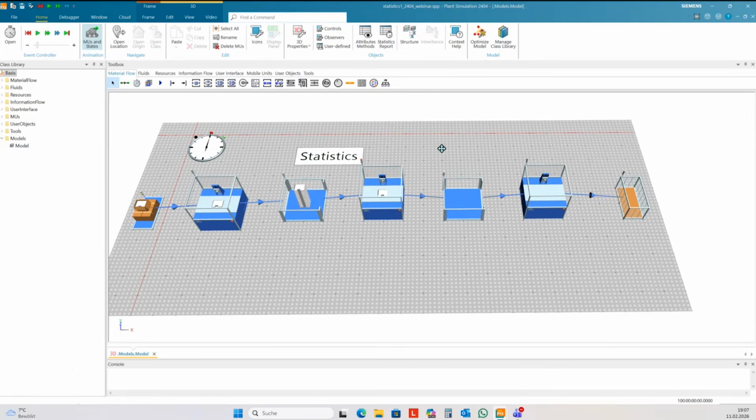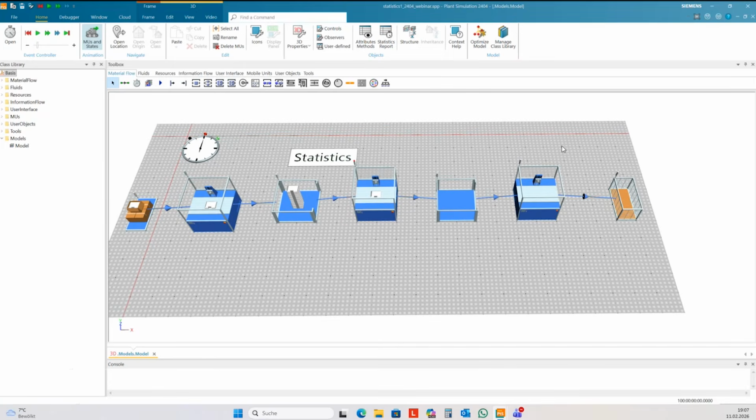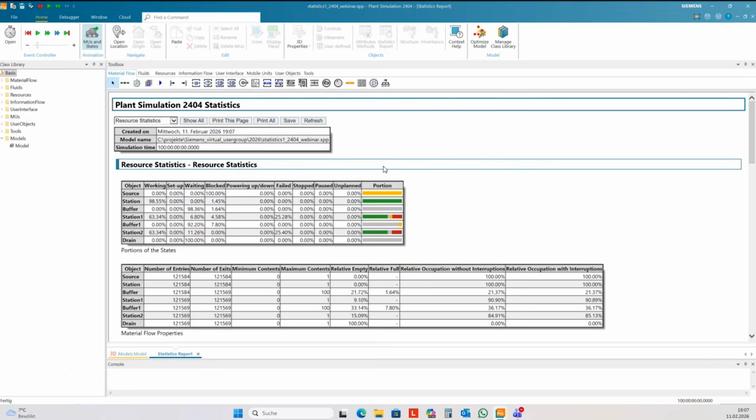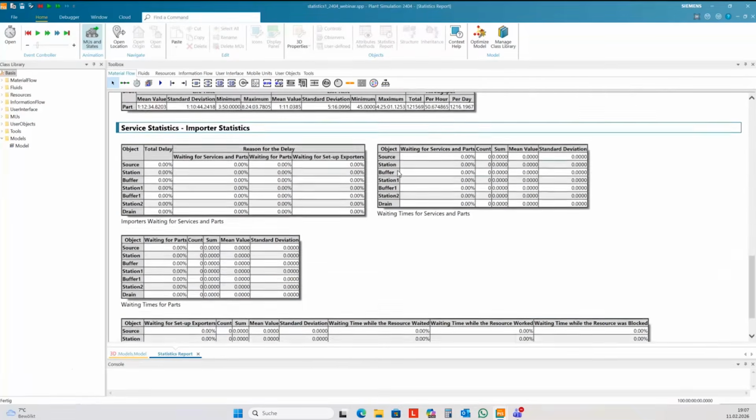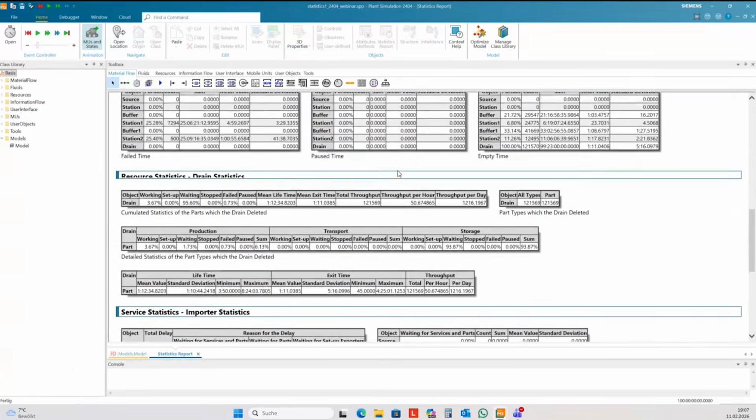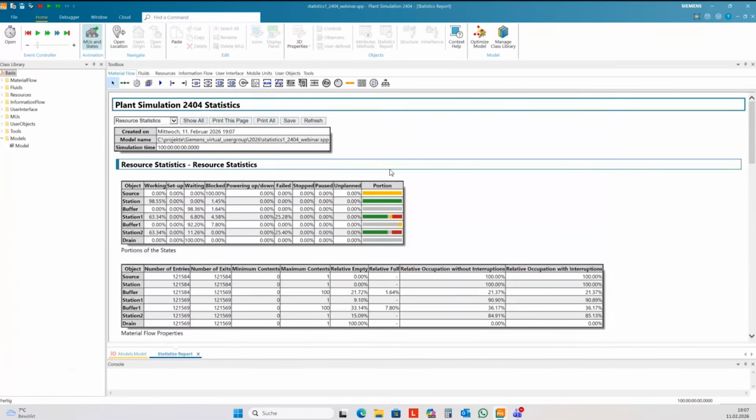Plant Simulation collects really a big amount of data. You can check this very fast. For instance, if you press the key F6, you get the statistics of all elements in one window, and you can print or save this.